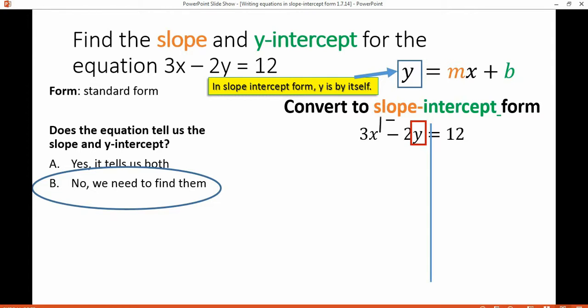So let's first change our subtraction to plus negative, and then after that, we're going to get rid of this guy that's being added to our term with our y. We've got to kick him out first. To do that, what we're going to do is add negative 3x to positive 3x. That'll make this all cancel out. But whatever we do to one side, we must remember to also do to the other. So our next line of our equation, when those cancel,